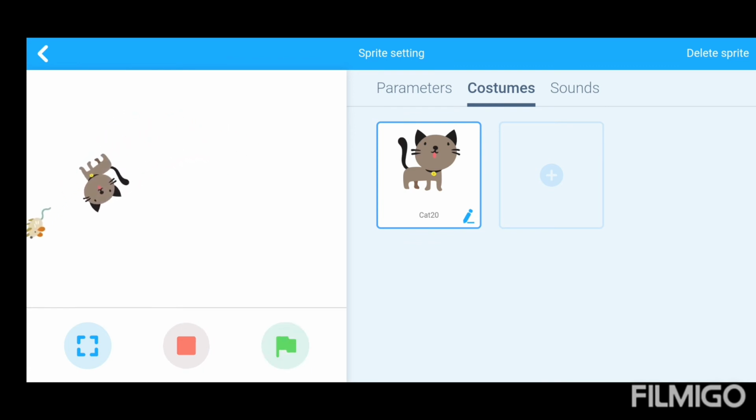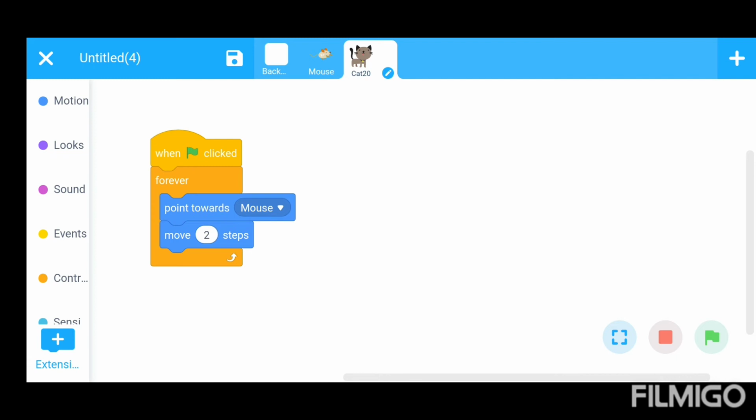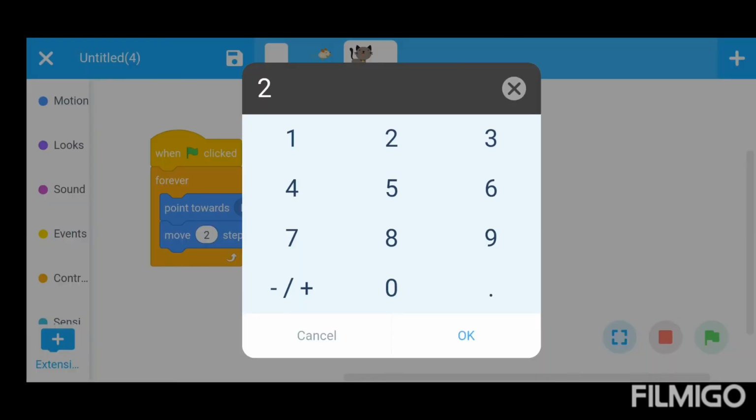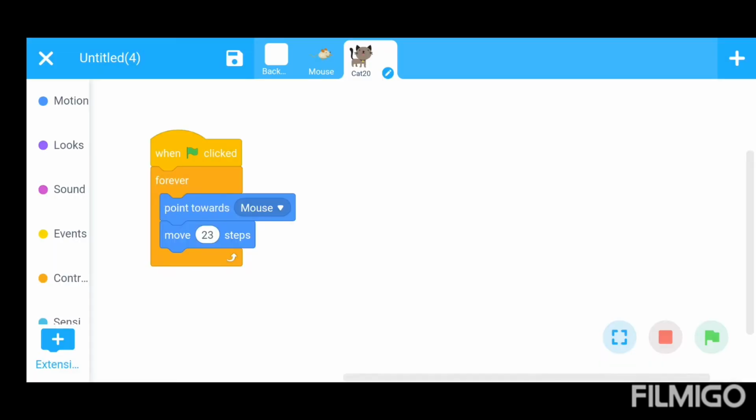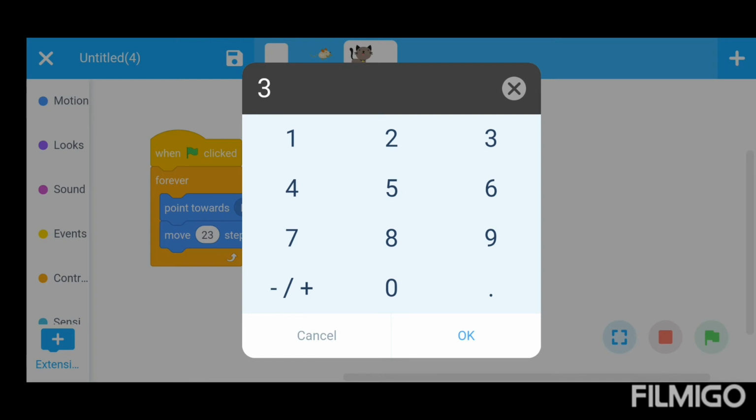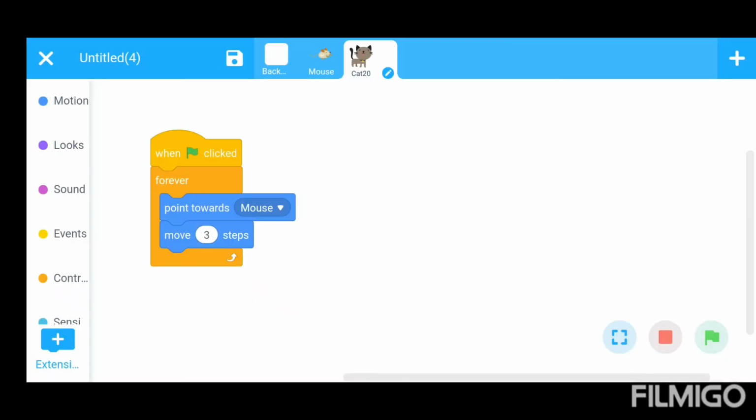Okay, fine. You can also increase the speed of the cat by replacing 2 with 3, 4, 5. You can increase the speed of the cat here.